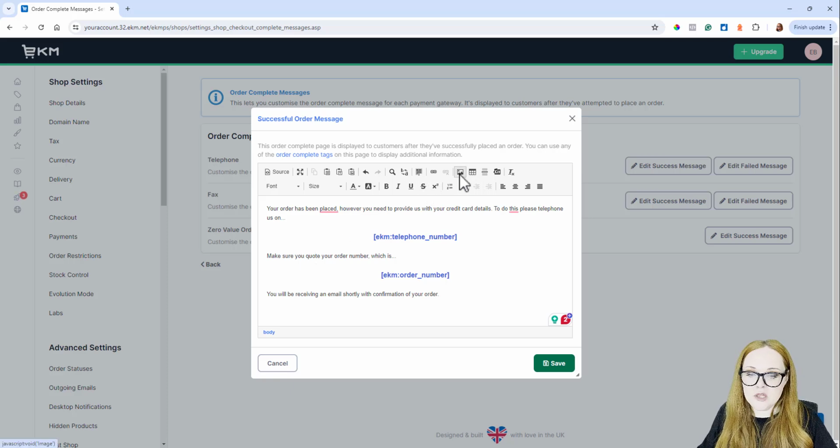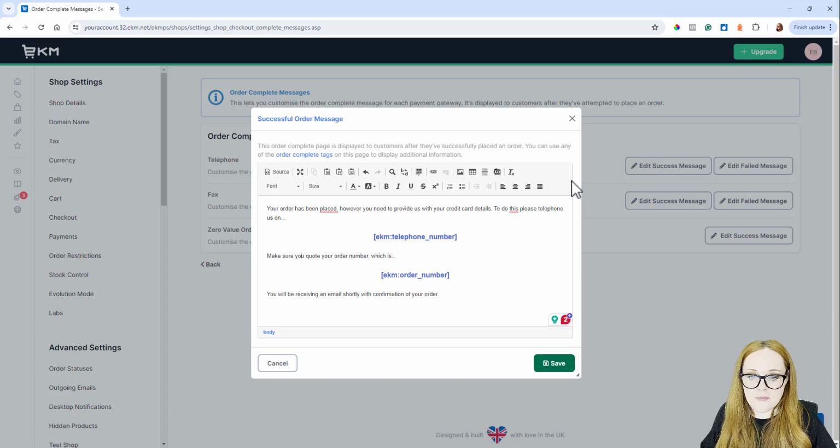And you can add images here if you want to. Not a lot of people do, but you can really style this area if you want to. If you're going to do that though, what I would advise is get yourself an offline payment gateway installed, such as Fax, which is brilliant for testing because hardly anyone has a fax machine in this day and age. But pop Fax on, and then using an incognito browser window, you can run lots of test orders through on your EKM online shop, and you can see how this order success or order failed message would display.